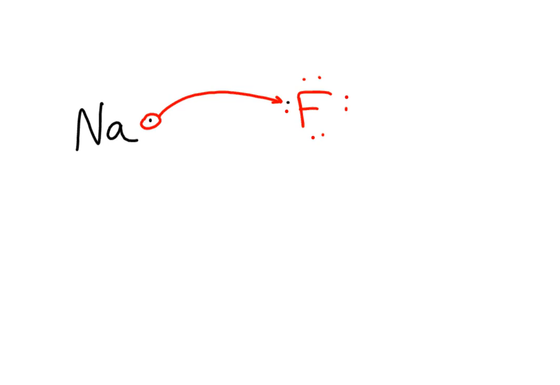And so the fluorine gets full, the sodium gets full, and we end up with a sodium ion and a fluoride ion. We have an attraction between the two of them, and we call that attraction an ionic bond,